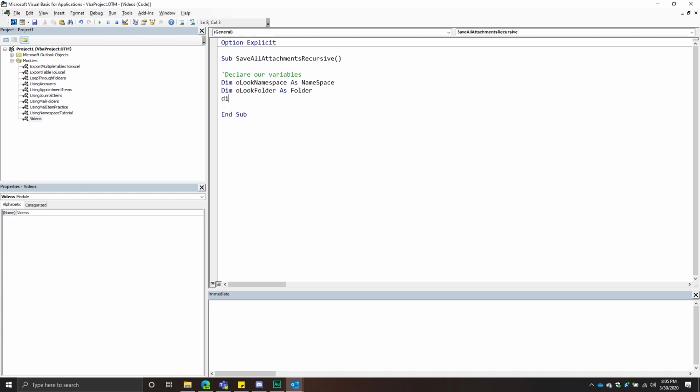Additionally, we will be using a non-standard object, and that will be the file system object. This will be a new file system object. Now, you do need to enable this reference. So if you go up to the